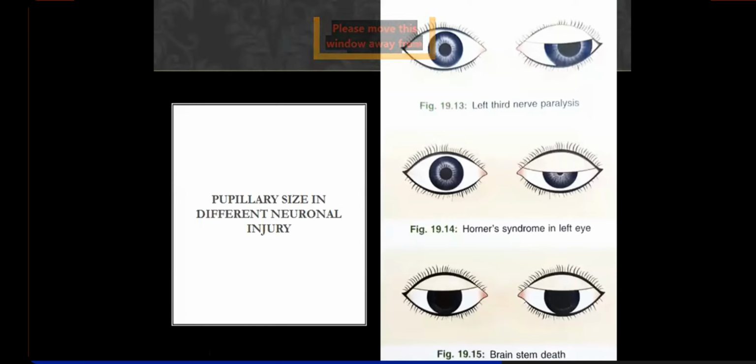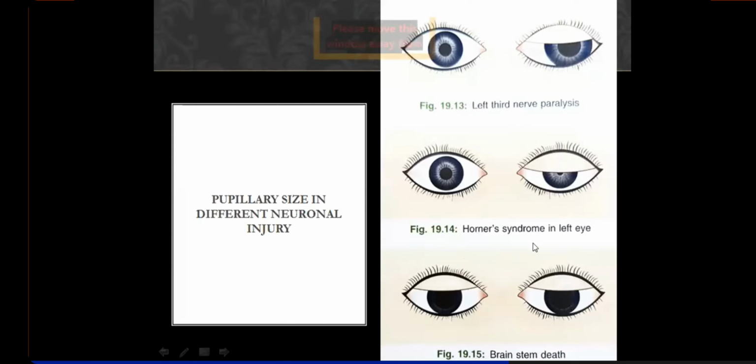ठीक, now pupillary size and different neurological injuries, actually pupillary size और eyelids को लेकर के बहुत से questions बनते हैं। ठीक है, क्योंकि इसमें तीन तरह का रोल होता है, इसमें smooth muscle का रोल होता है, right, यानी कि autonomic innervation, and parasympathetic का भी रोल है, sympathetic का भी रोल है, as well as somatic nervous system का भी रोल है, right, skeletal muscles का भी। So third nerve paralysis में क्या होगा, LPS गई तो partial ptosis will be there, and what about the pupillary size, because parasympathetic response through Edinger-Westphal for the constrictor pupillae, so that means there will be a dilated and a fixed eye pupil, dilated and fixed pupil on the affected side. ये third nerve paralysis में, and साथ साथ what will happen, the pupil will be directed downwards and outwards.